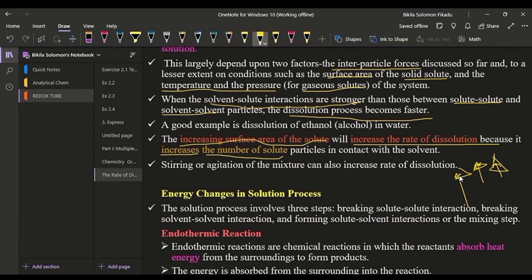So stirring or agitation of the mixture can also increase the rate of dissolution. Simply,